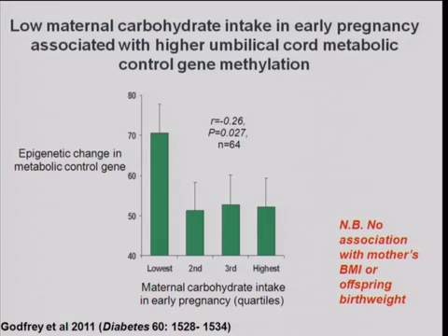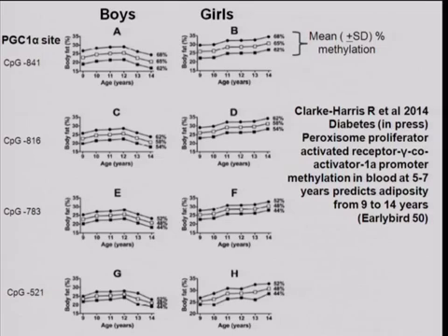But remember that that unbalanced diet is associated with changes in the epigenetic status of the child's gene, and that increased methylation is associated with greater fatness in the child. And these things were independent of mother's body mass index or indeed of birth weight. Trouble with those studies is that, of course, they're using the cord, which is not a tissue that's necessarily readily